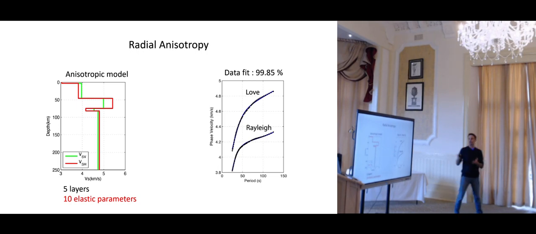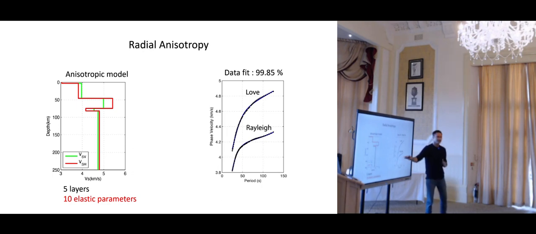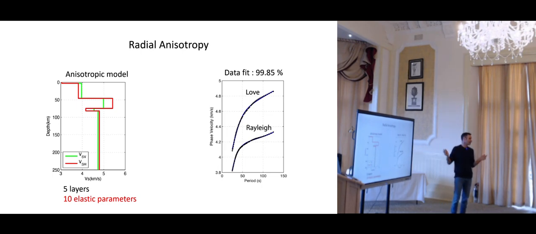and VSV, vertically traveling waves. So we have a simple model, 5 layers, 10 elastic parameters, a simple model that fits the data. And of course, this model is not very realistic at all. We know the Earth doesn't look like that at all, but we have a model that fits the data and